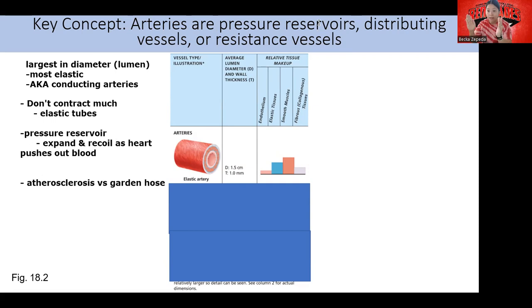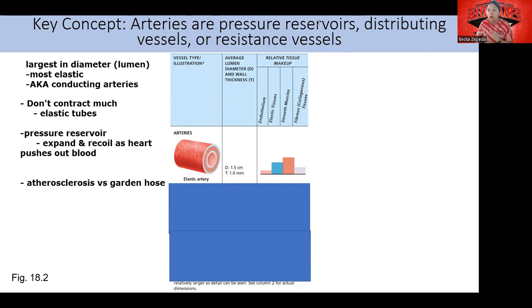That vessel expands, and when the heart relaxes, the vessel is recoiling or going back. And as it's doing that, it's keeping that blood flow continuous. The blood flow never stops. When you have atherosclerosis and your vessels have become hardened due to the plaque buildup, it's going to act more